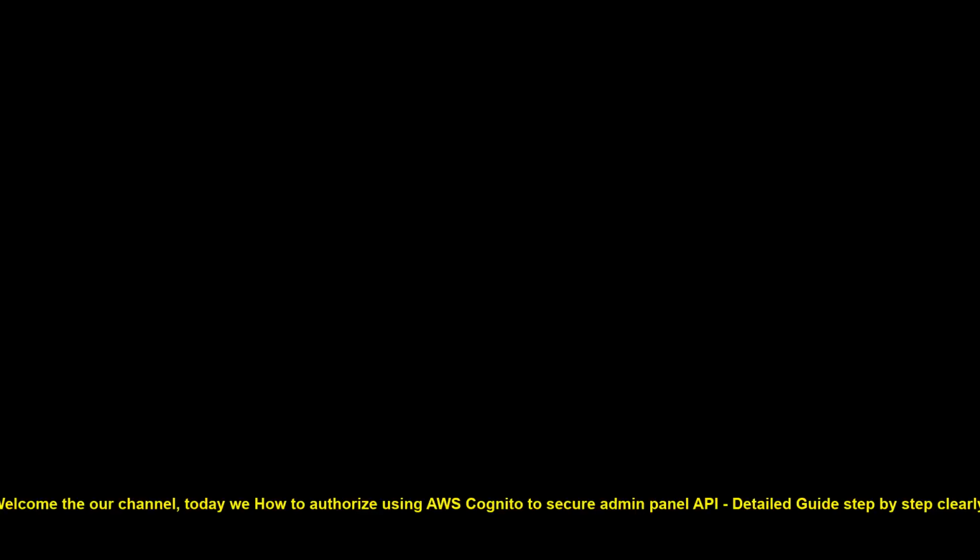Welcome to our channel. Today we will learn how to authorize using AWS Cognito to secure an admin panel API, a detailed guide step